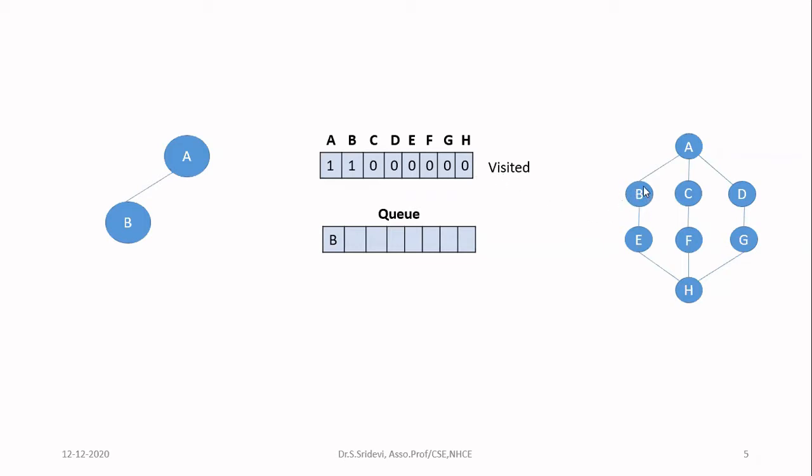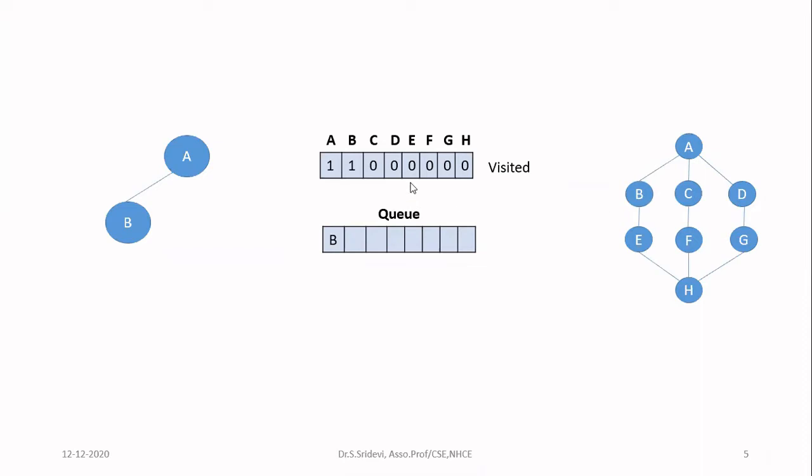So first I am checking the neighbors. You can take the neighbors in any order. When you are drawing by hand, you can draw in any order. But when you are doing it in the program, go for some uniform way. So now, when I am considering the vertices, I am going to consider them in alphabetical order. If it is letters, I'll be considering in alphabetical order, and if it is a digit, I'll be considering in ascending order. So now, I am going to start with B, because I have 3 neighbors now, B, C and D. I'm going to consider them in alphabetical order. So let me start with B.